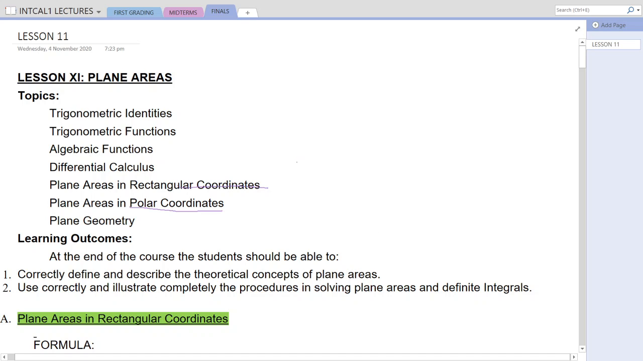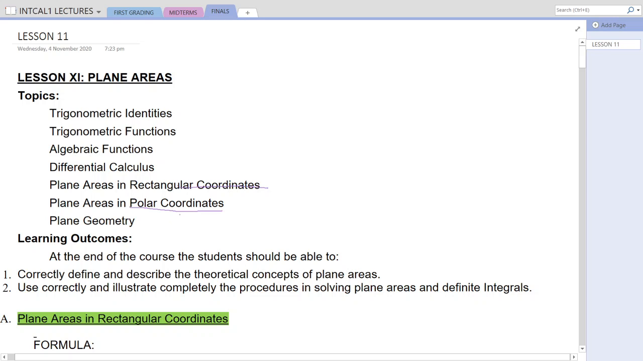For the first lesson on the final grading, we have here the topic plane areas. Okay, so this is in lesson 9. So for the previous lessons on trigonometric identities, trigonometric functions, algebraic functions, differential calculus, as well as the plane geometry,